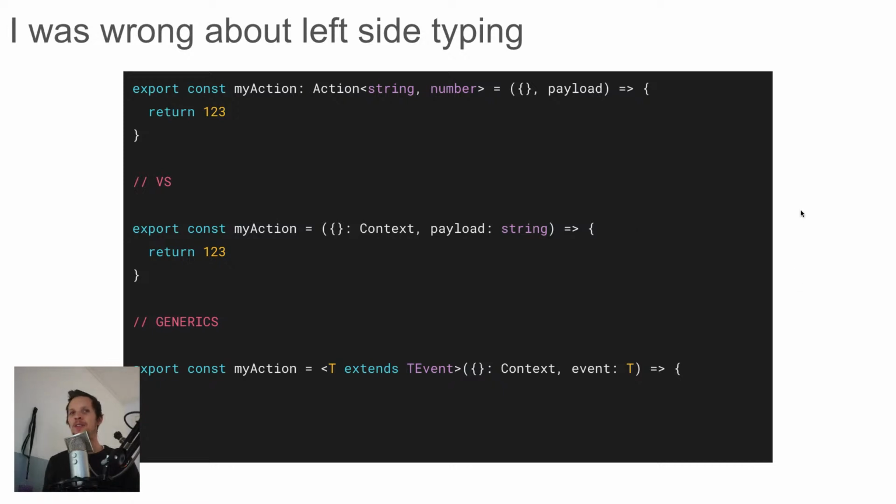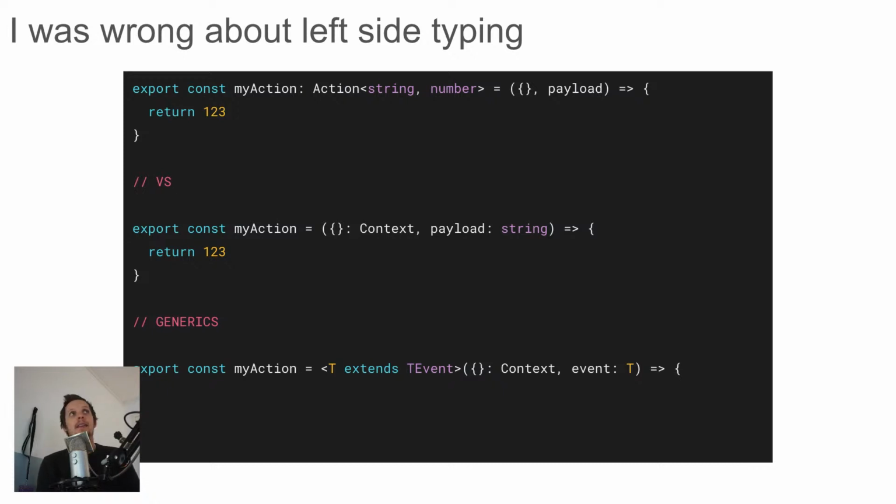So one thing I wanted to talk about is that when we got into Overmind and typing, I was relatively new to TypeScript, and I believe at the time I had been working with C#. Anyways, I had some influences that put me in this position where I thought left side typing is the best way to do it, because then you can define a variable, say what you want to have in that variable, and then TypeScript will help you when you actually type the code on the right side.